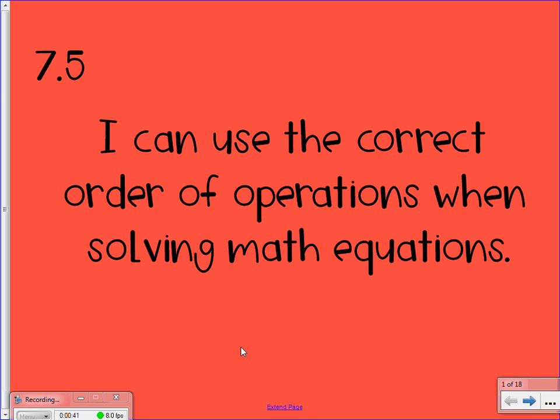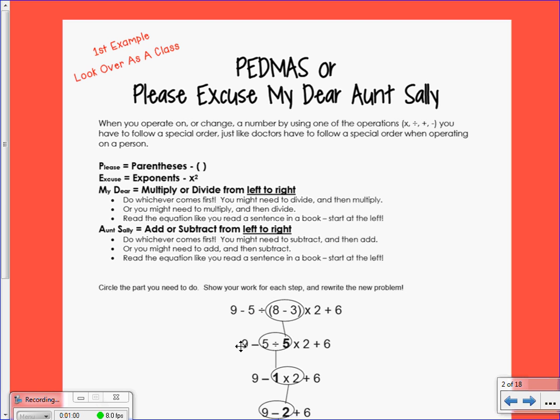So order of operations, kind of like we saw a little bit yesterday, there is a specific order that you have to do those operations. Because otherwise, like we saw yesterday, if you just decide not to do the parentheses first, do you get the same answer? No, you typically would get the wrong answer. So there is kind of a fun phrase that goes with the order of operations. And it is called